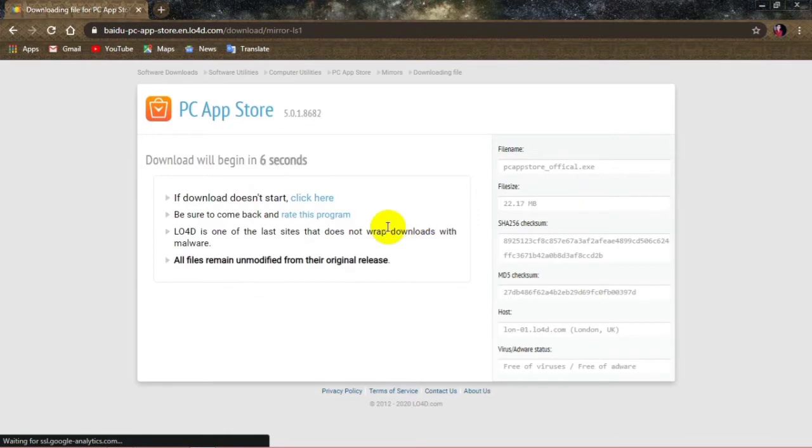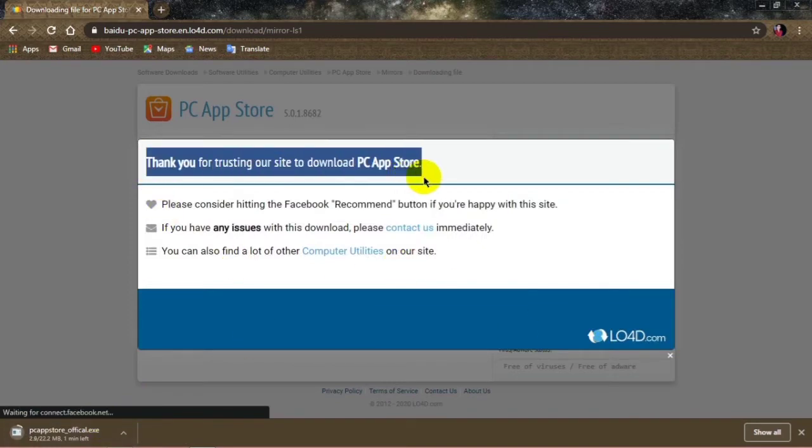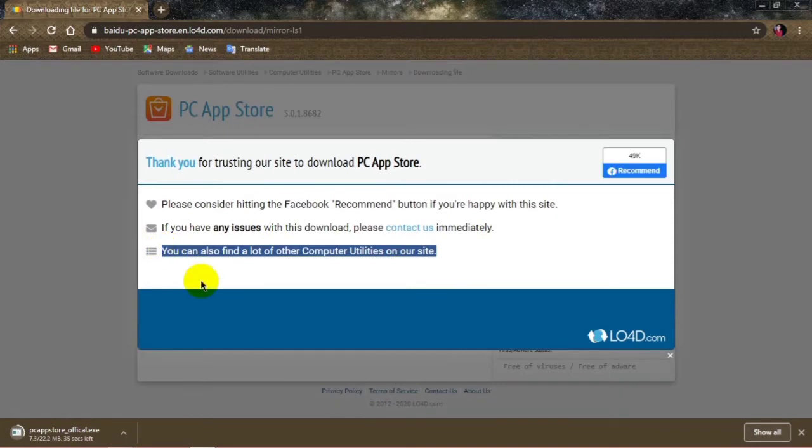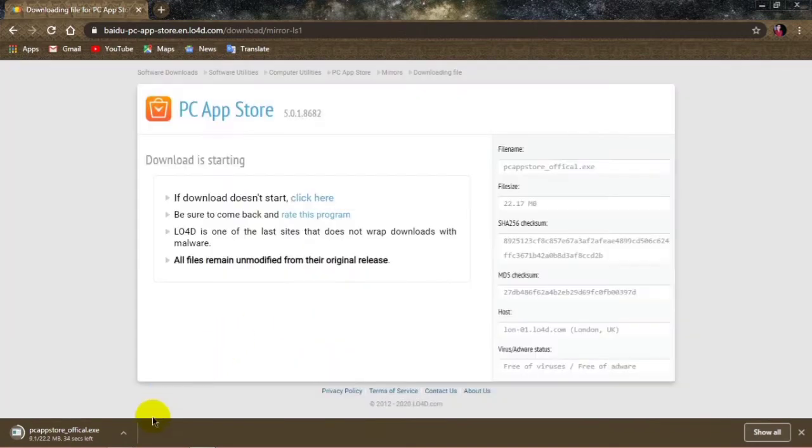click here, because the download did not start automatically. Then the download starts automatically. You can see it in the left bottom. It will give you some security issues, so you have to keep the downloading on. So wait a second till the application downloads. It's an application of 22.2 MB, so it's a short application.